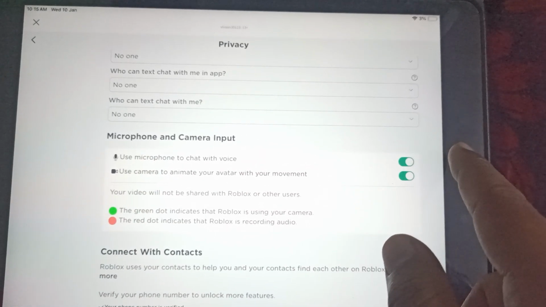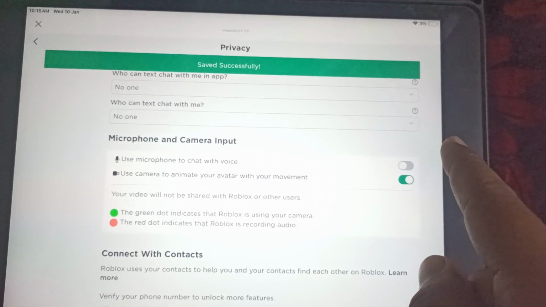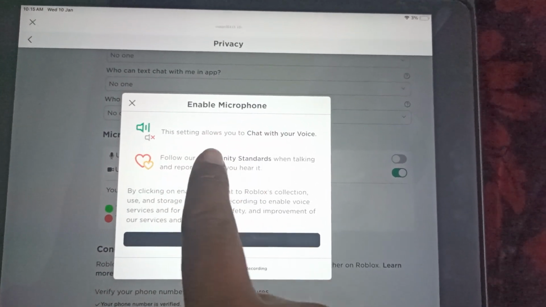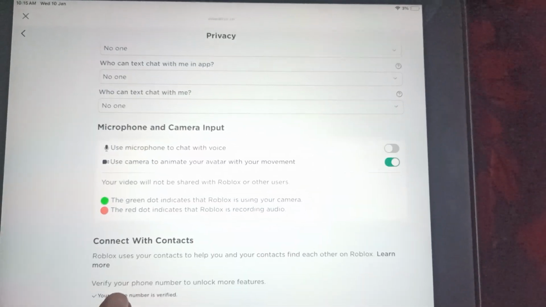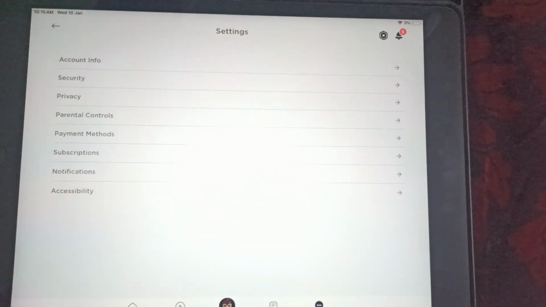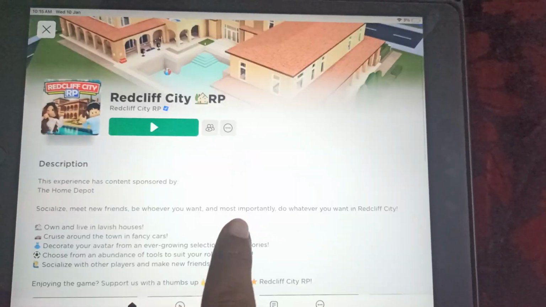Just tap on this toggle button to enable, and again you have to tap on enable to enable microphone to chat with your voice. Just tap on it. Now once you enable it, from here you just need to open any Roblox game that